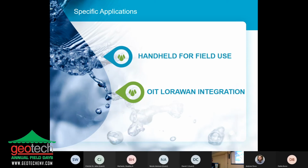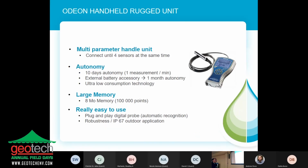So now let me show you two examples of application with this sensor that we are also providing. We've got a handheld equipment that has been designed more like a data logger, really. It has the ability to connect all the range of sensors we've seen previously. So you have a really broad range. You can use it in many applications. We've got a very high autonomy just with the embedded batteries, up to 10 days with 1 measurement per minute. We also can externally power the handheld and get up to 1 month, so you've got a big memory. And we've got 100,000 memory points, so you can really have a long follow-up of your data up to 1